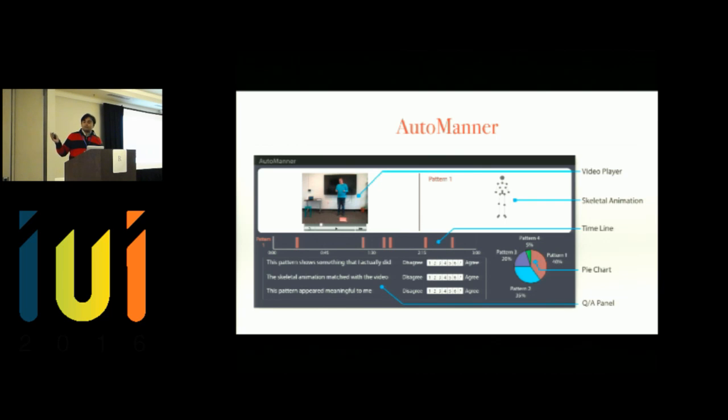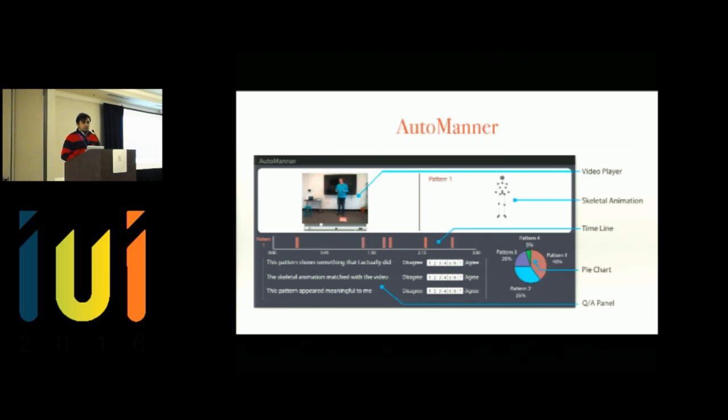Here is the AutoManner interface. There is a video player and a skeleton animation. In the video player, the users can see their whole talk in a fast-forward mode or in a normal mode. The skeleton animation shows the top common patterns of the user's body movements. The timeline shows where those patterns occurred. Now, there is an interesting part in this interface, which is the question and answer box.